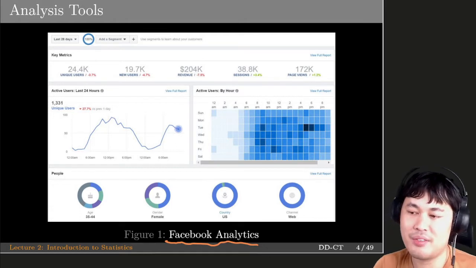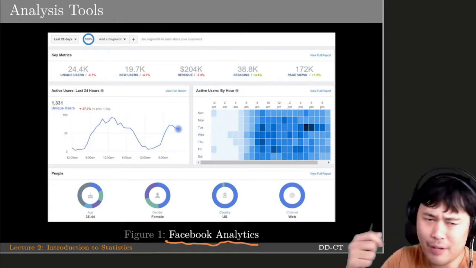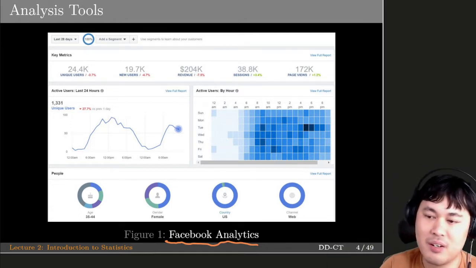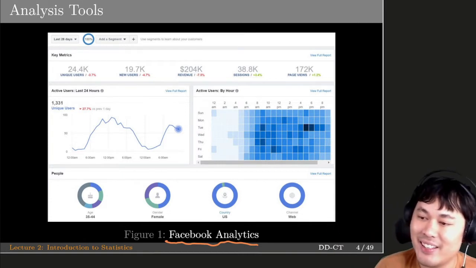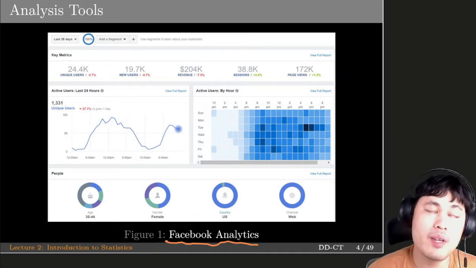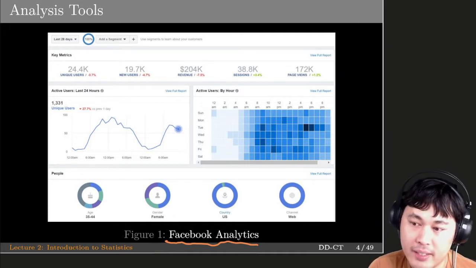But nowadays you just need to have a Facebook page or a YouTube channel, or even TikTok, and then they provide you with this kind of information,